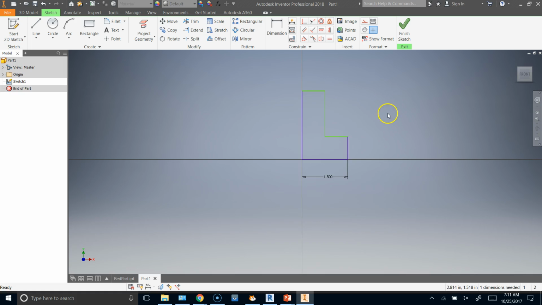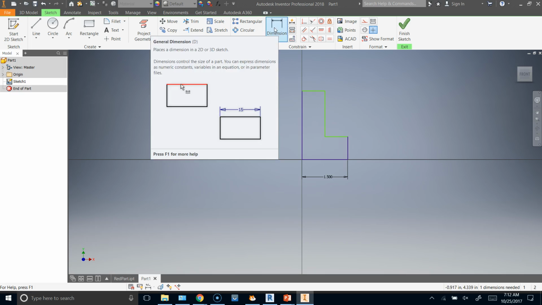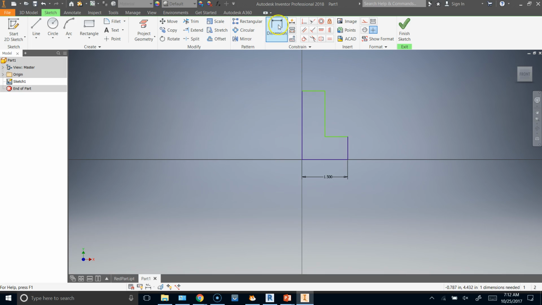And you always know that you're in a tool, 1, because that icon will be highlighted, and 2, next to your mouse pointer, there will be a little icon indicating what tool you're using. Now, all I told Inventor was this and this have the same length, but I didn't tell it what this length was. I'm going to show you something amazing, just how smart this program is. It's way smarter than I am. If I click on a dimensional constraint and I tell Inventor that this line is going to have a height of 2.25 inches,